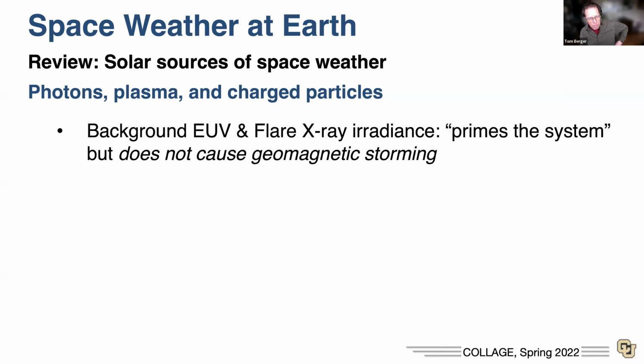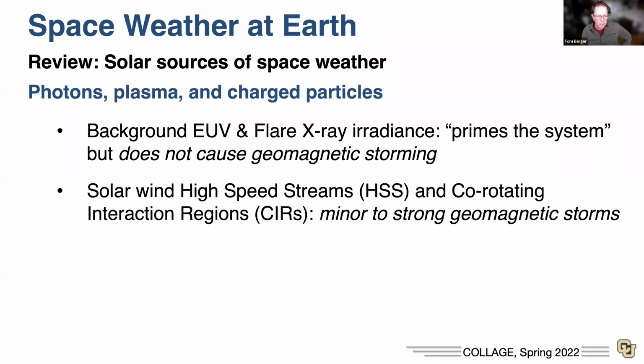So we're going to talk first about background EUV and flare X-ray irradiance. Again, this is not really big storming, but it primes the system for larger geomagnetic storms. We'll also talk about solar wind high-speed streams and co-rotating interaction regions, which we introduced in the last lecture. Again, these don't cause extreme storms, they cause minor to strong storms, but it's worth examining those phenomena to see some of the things that can happen from a minor to a strong